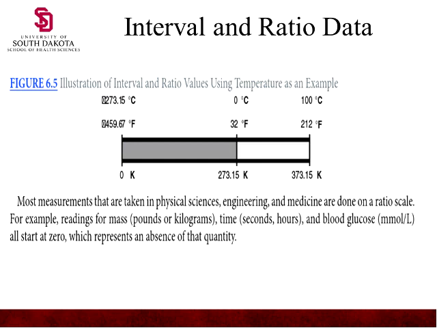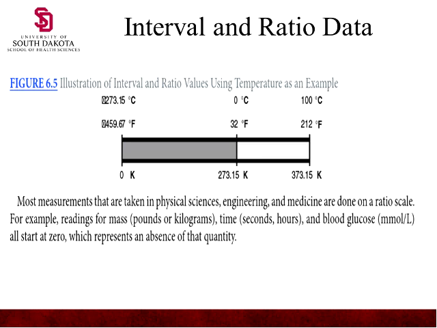When you look at interval and ratio data, the temperature example is an interval and ratio value. For instance, we look at weight here. We have 0K, 275K, and 375K. We see the difference using temperature, for instance. We can look at centigrade and Fahrenheit. We have to be able to apply those, and we can convert from one to the other.